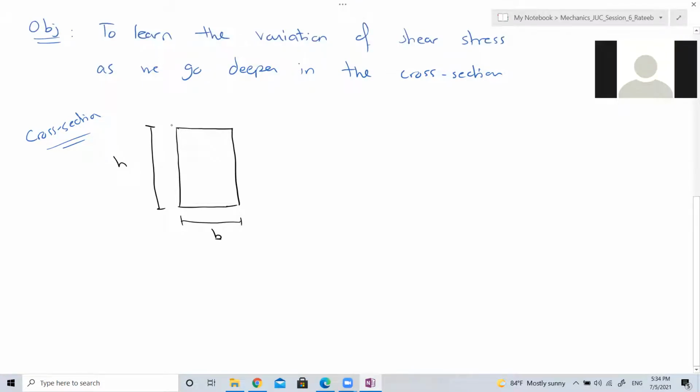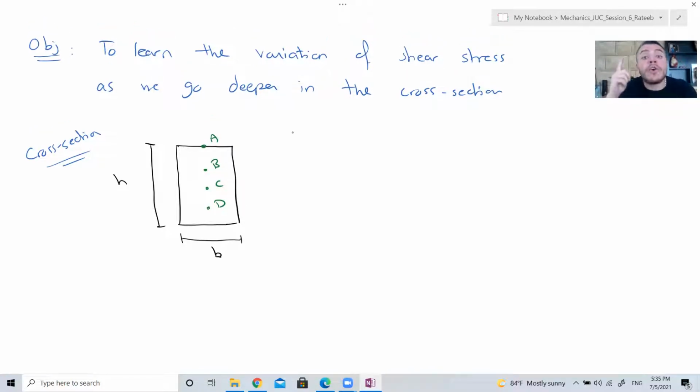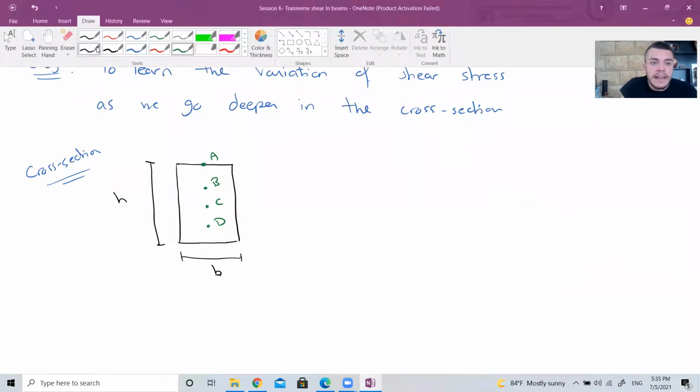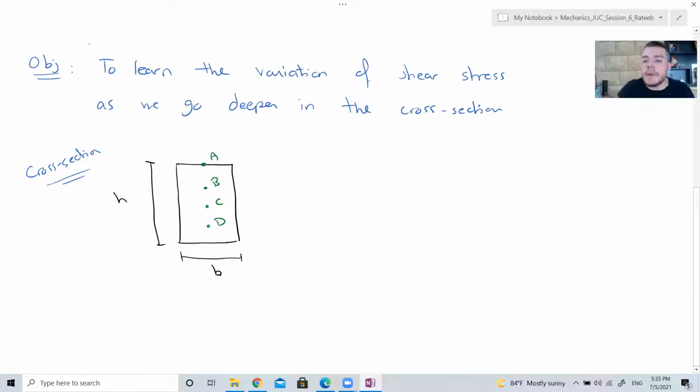The shear stress, you will learn today that the shear stress at this point is different than the shear stress at this point, is different than the shear stress at this point. يعني as you go deep into the cross section, the shear stress varies. لأنه according to the formula اللي تعلمناها قبل، it gave you constant shear stress. ليه عطيتك constant؟ لأنه it was based on average. هلا بدنا نتعلم الفورمولا المضبوطة الحقيقية للشير ستريس يلي رح تقول لك how does the shear stress vary as you go deeper in length. مفهوم لهلا؟